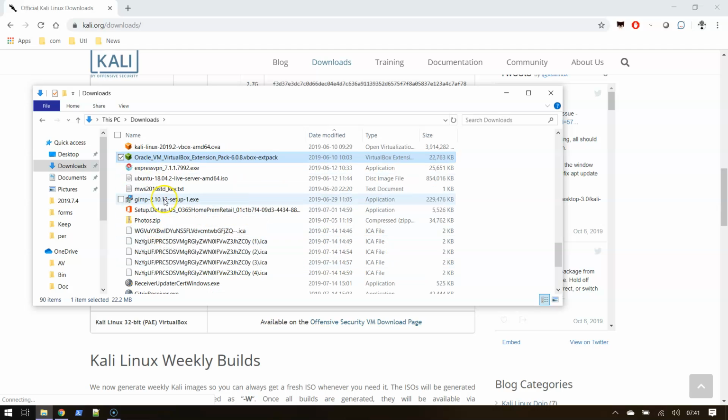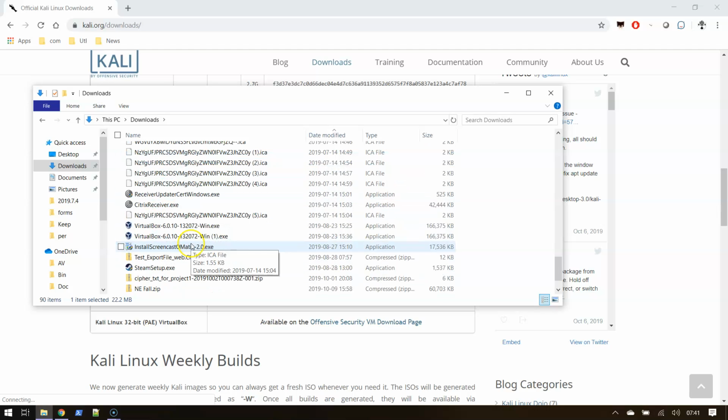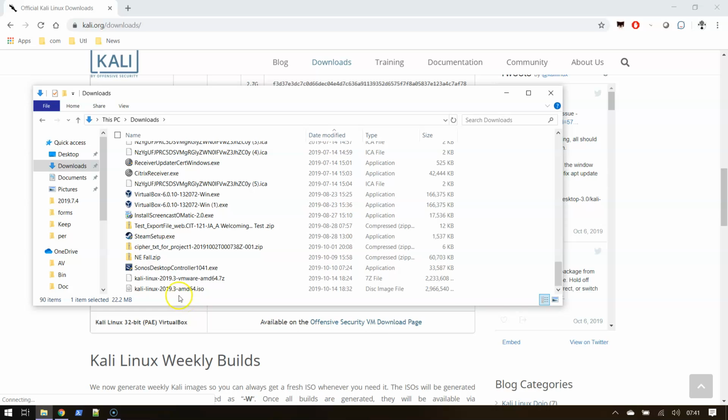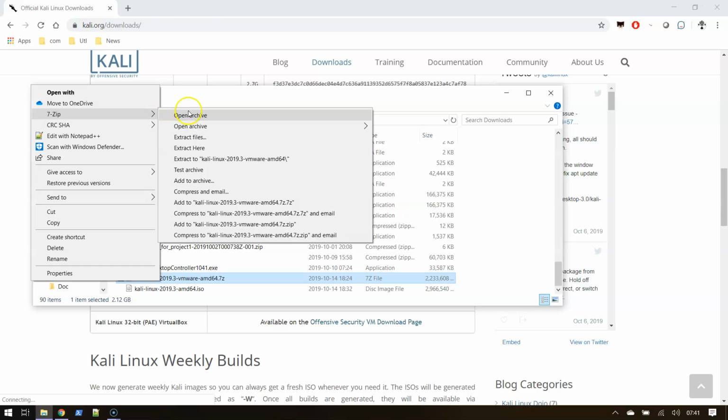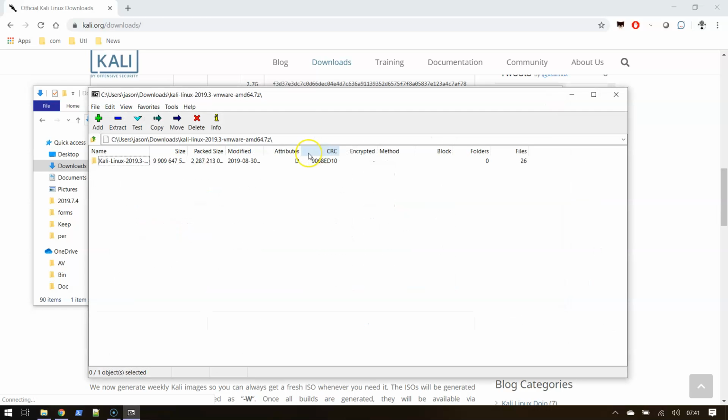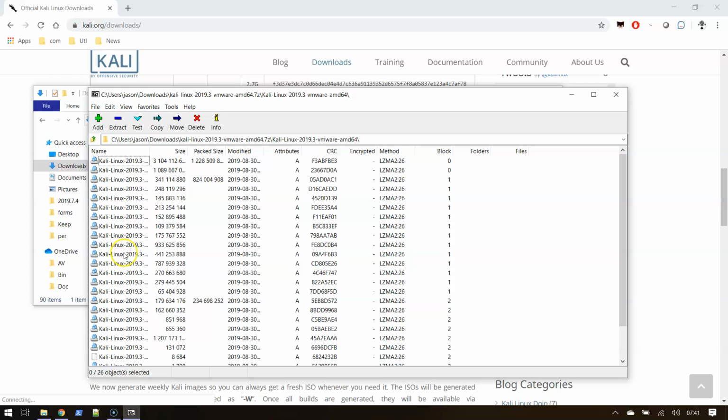There's the Ubuntu ISO. Here we go, here's the Kali ISO. So we have lots of different files. I might have the image in both, actually. I think this is actually the 7-zip. Anyway,